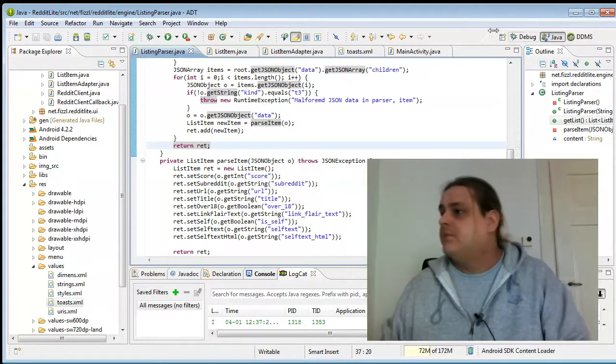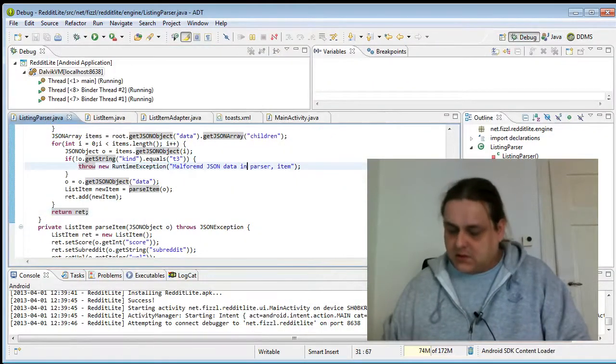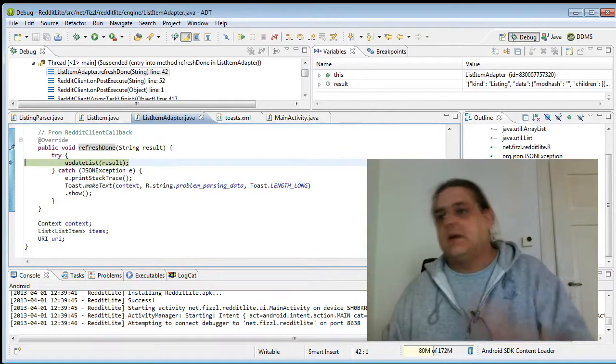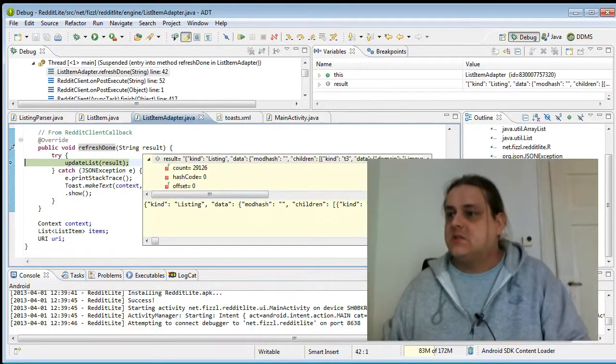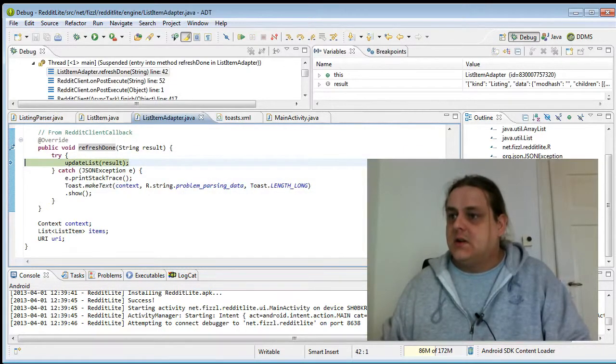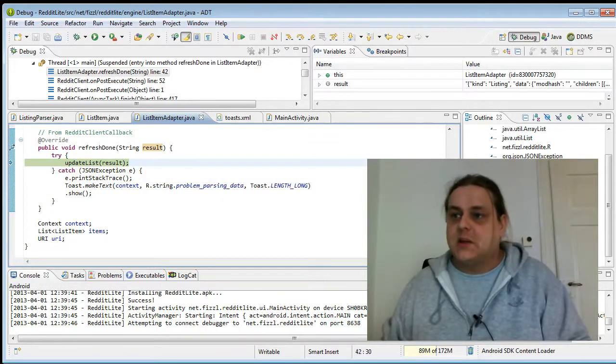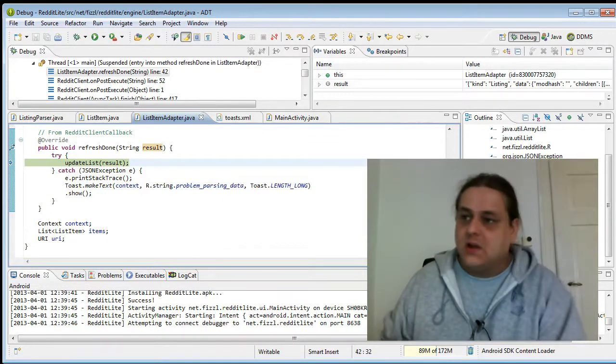Okay, finally. Okay, now I'm going to click the refresh, and now it will fetch the data, and here we have it. This contains the raw stuff from Reddit, and this is in the list adapter already. And then we have this